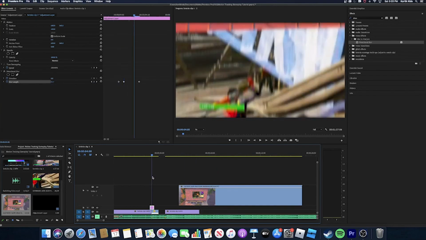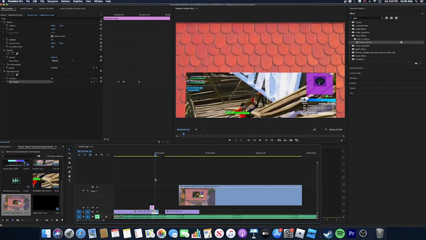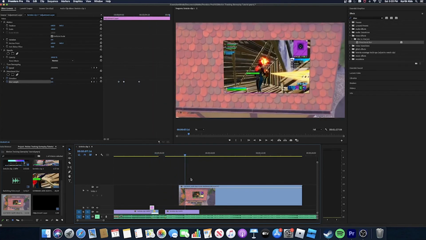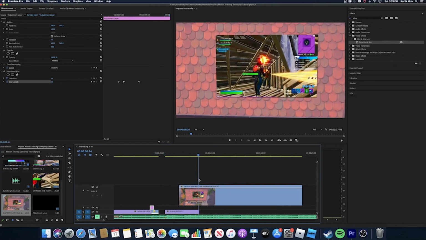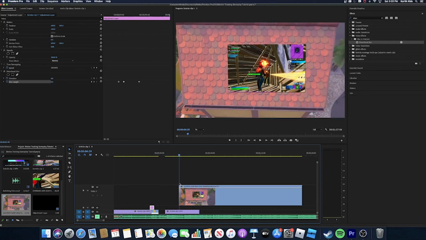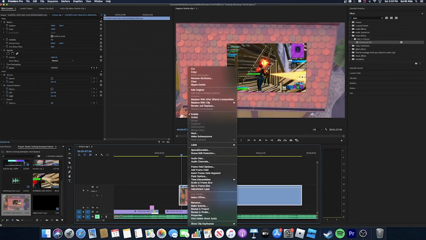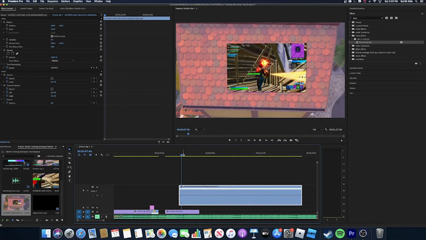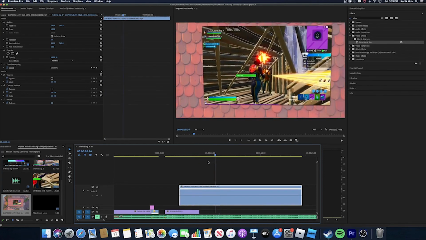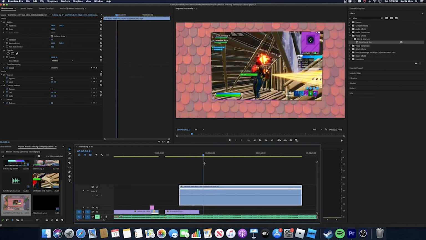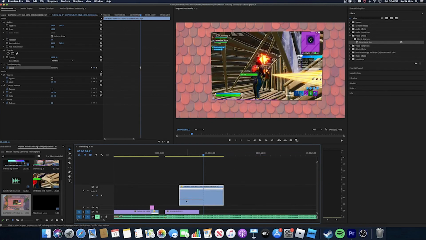The other one I could fix a little bit, but this is just the tutorial to get you guys to know the concept. So what you're gonna do is click on it, and then right click and go to show clip keyframes, time remapping, and then speed. And then we're just gonna do the same thing as before. Maybe here we're gonna hit a keyframe, and then we're gonna crank this up a lot, as well as this,